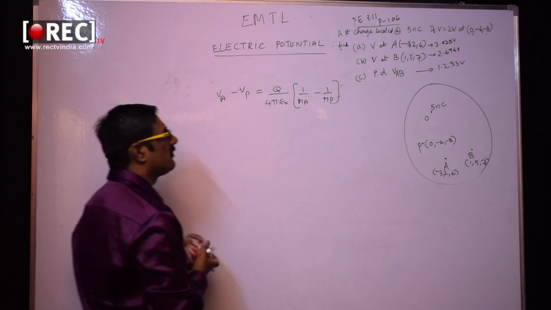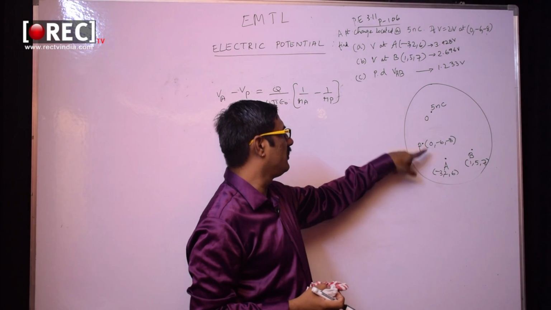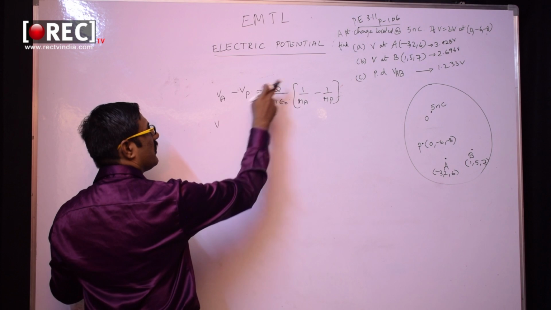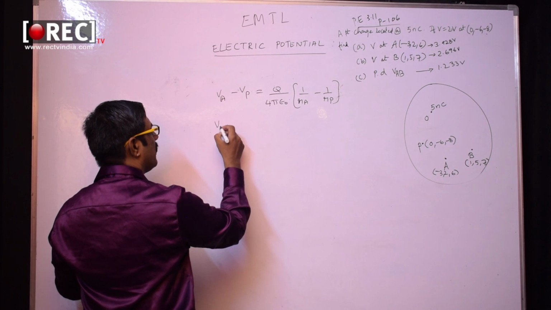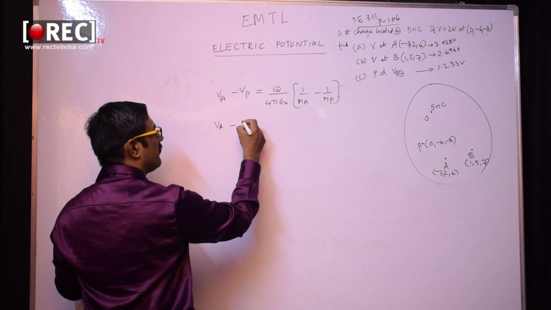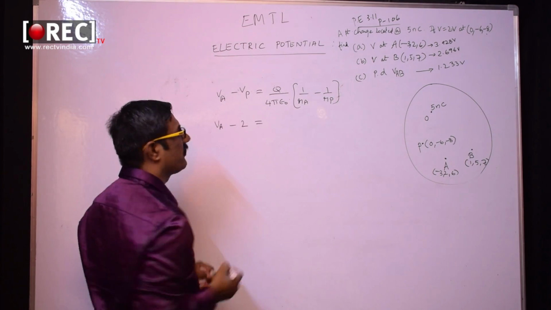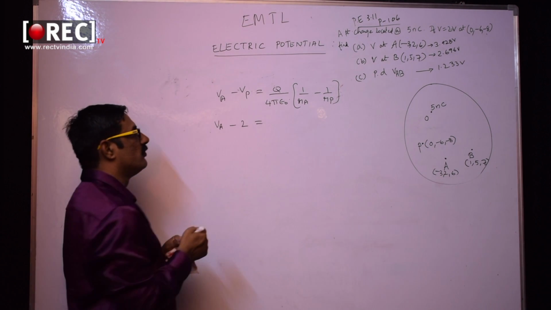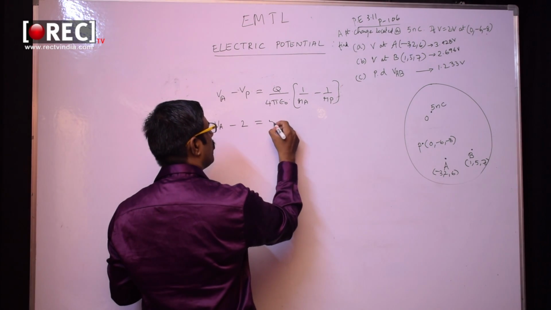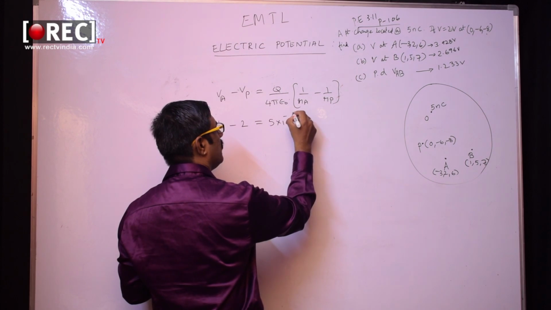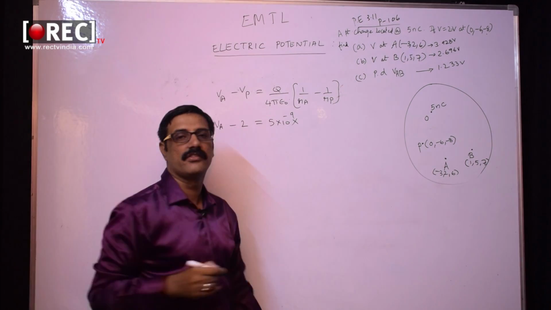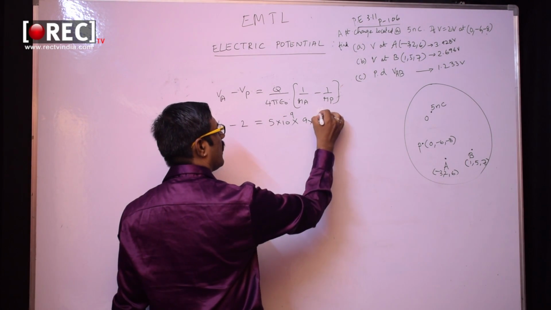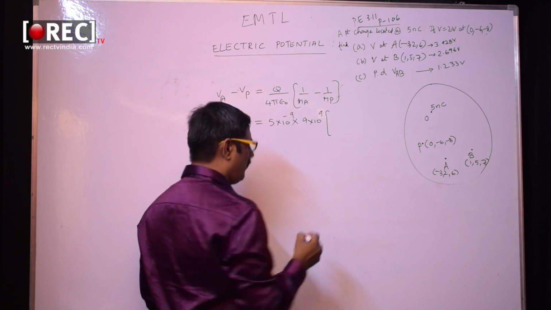He gave that the potential at this point P is 2 volts, and we need to determine the potential at A, which is what he is asking. So VA minus VP, with the potential at point P given as 2 volts: VA minus 2 is equal to, Q is given to be 5 nanocoulomb, so 5 times 10 to the power minus 9, and from previous lectures we know 1 by 4 pi epsilon naught is 9 times 10 to the power of 9, into